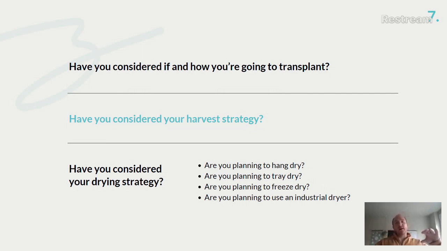These decisions will affect, again, your final product, the ultimate perceived quality of it, as well as the space and infrastructure of your dry room, not just how many racks do we need to have and how are we going to hang them, but it'll also affect your HVAC strategy to help your mechanical engineer determine how much airflow do we need, where do we need that airflow, and ultimately how much space in totality and how much volume of air do we need to execute the drying of that biomass.